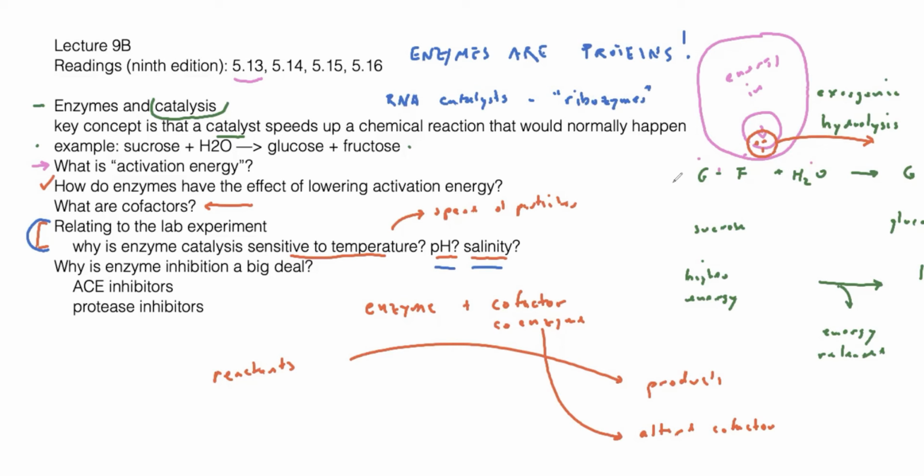I'm putting this in as a little bit of an aside because it's not technically true that the only catalysts that we have in our cells are protein enzymes. We also have some catalysts that are RNA, and they have some pretty substantial responsibilities in a lot of things, including things like protein synthesis. Okay, now let's go back to the